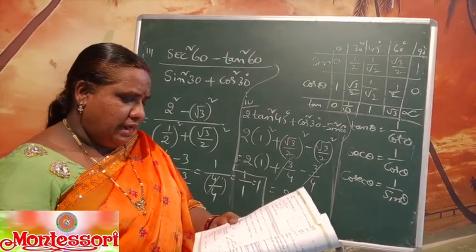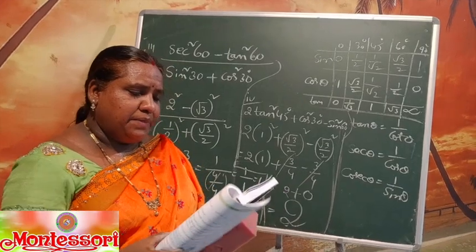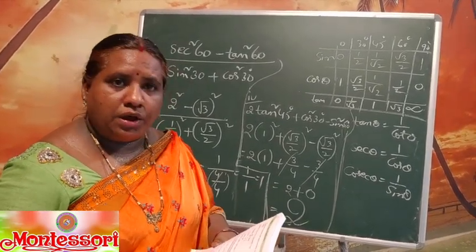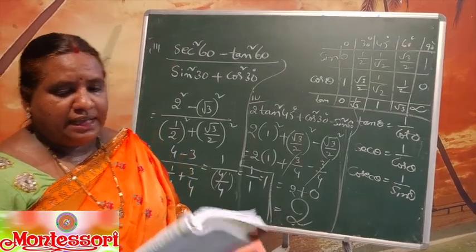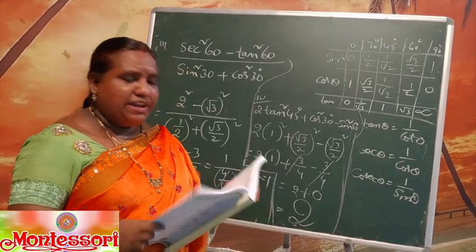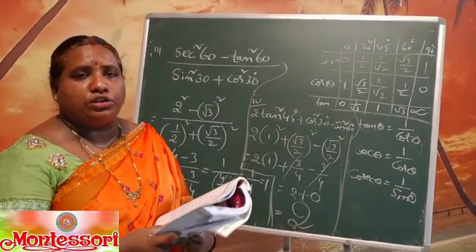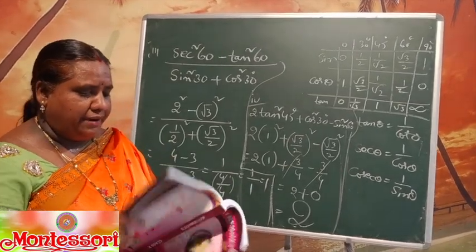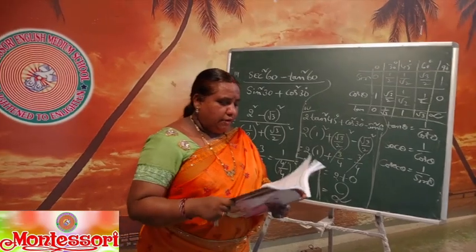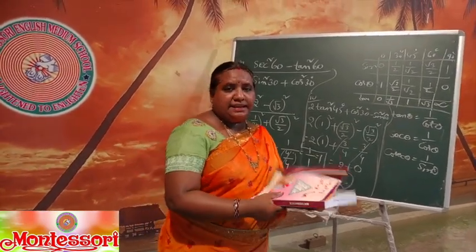Just as usual, tan 30 is nothing but 1 by root 3. You try which is the correct option. And I am giving this second main as homework. Okay children, next we will go for the third sum, where we have to prove. Evaluate, page number 285. All of you go through page number 285, fifth sum. Third sum, that is evaluate sin 60 cos 30 plus sin 30 cos 60.